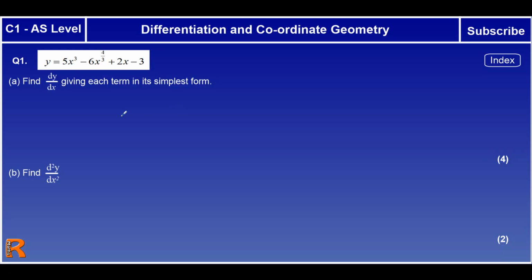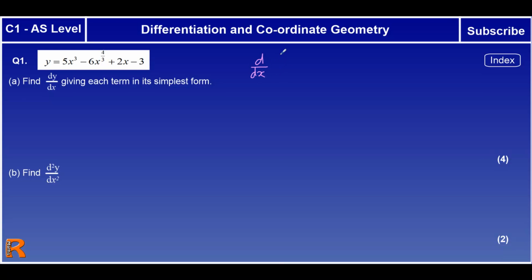Differentiation and coordinate geometry. I'm going to start with question 1, which is going to be fairly straightforward, probably the easiest sort of question you can get on this, and then we'll work through lots of questions till we get some more complicated ones. The basic skill we've got to know here is when we're differentiating something to do with